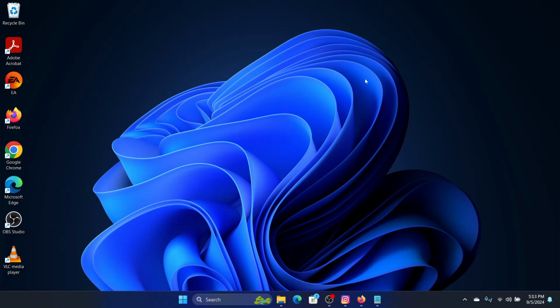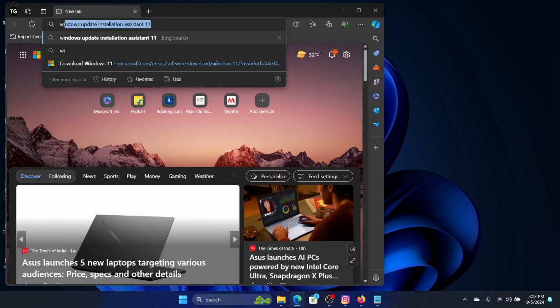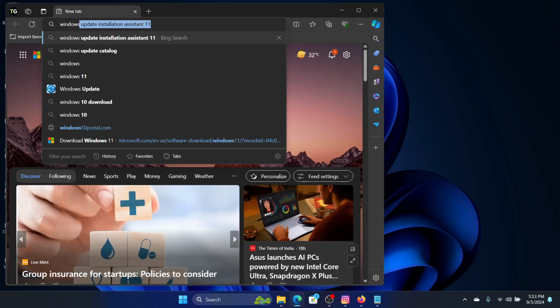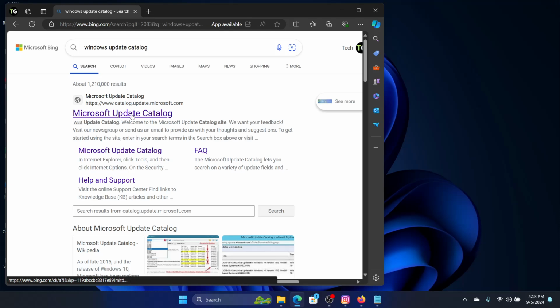Now, if we still get the error, then we will force it by downloading the Windows update and installing it manually. So for that, I'll click on my browser and search for Windows Update Catalog, and then click on Microsoft Update Catalog,